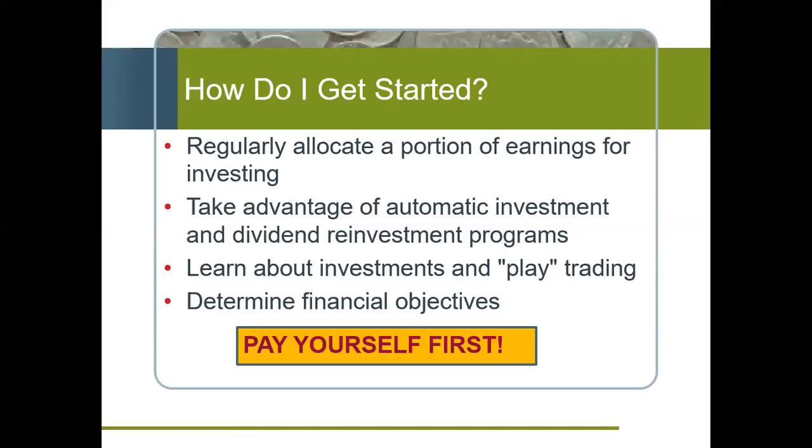But make it like any other bill that you have. You have a cell phone bill that you pay every single month, you'd never miss it. Make this a bill that you pay every month and never miss it, because it's that important that you get some savings put together for the future. Social Security will not be enough to maintain a decent lifestyle in retirement if that's all you have. Okay, so we know it's very important. We know we've got to do this, but we've got to make it automatic. We've got to make it consistent so that we don't have to think about it, because if you have to think or worry about it every month, it's unlikely to succeed.